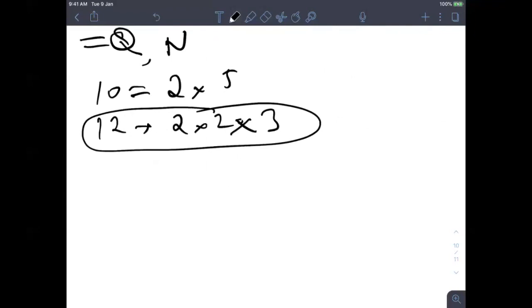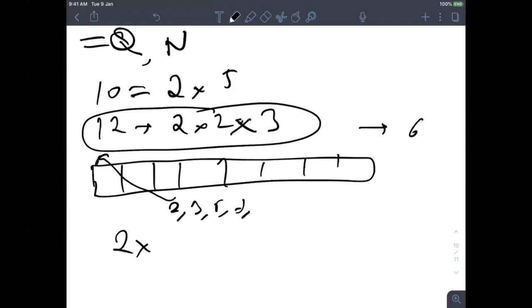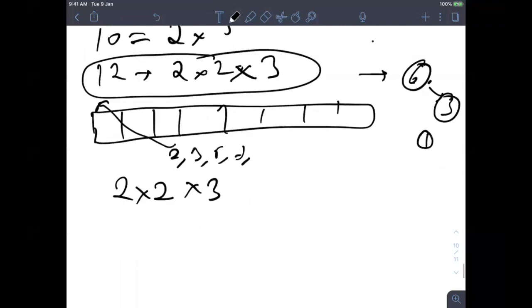Now I'm assuming you have already calculated the prime numbers in C. It can be one approach. So you already know the prime numbers 2, 3, 5, 7. You will start from 2. If it is dividing 12, then I will print 2, and now it is 6 because 12 by 2 is 6. Now I will again check if 6 is getting divided by 2. Yes. So I will again divide, and print 2. Now it will become 3. Then I will check for 3. 3 divides 3, so print 3. And now it becomes 1. So let's leave it. So that's how I can find it.